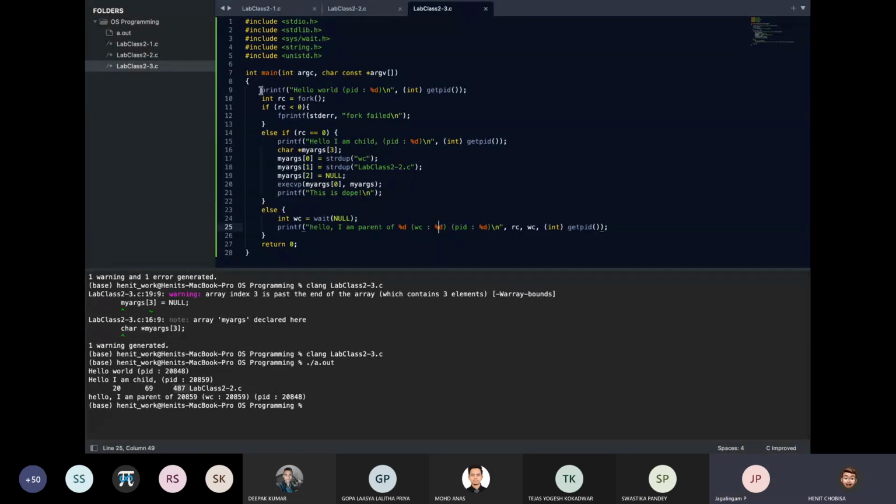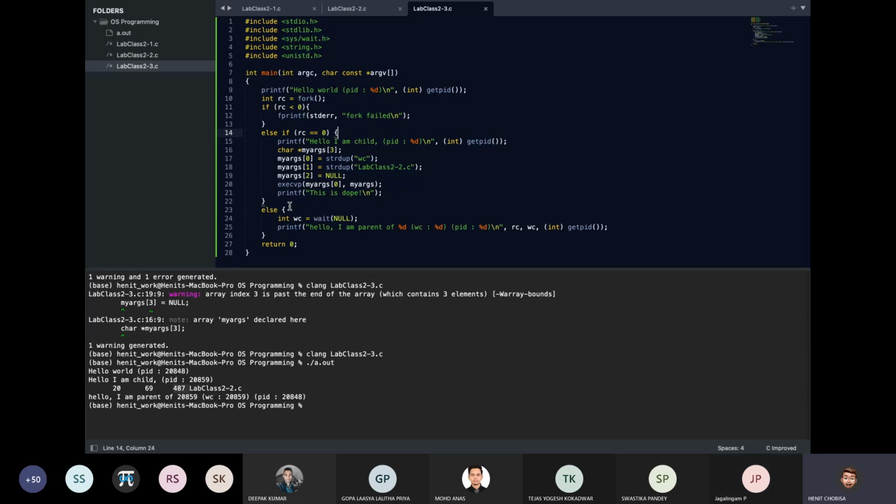Okay, so it's kind of very simple. First of all, I want my current process ID, so I'm getting my current process ID. Then I'm forking it so that I can get a child. Case 1 when it fails, case 2 when it executes, and case 3 when it completes the execution. When it fails, I want to print the error, that is the standard error, and I'm just going to print the message that the forking failed.